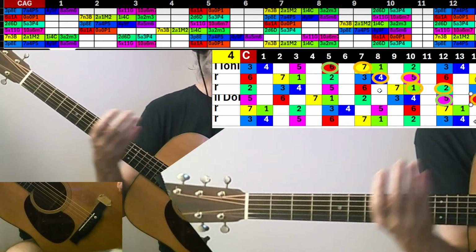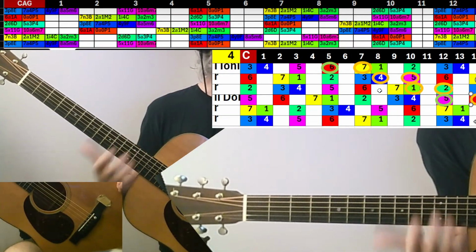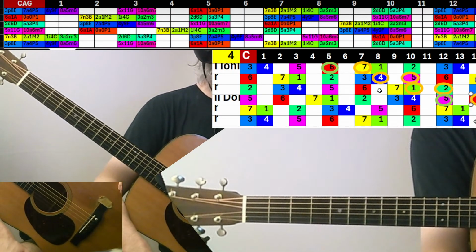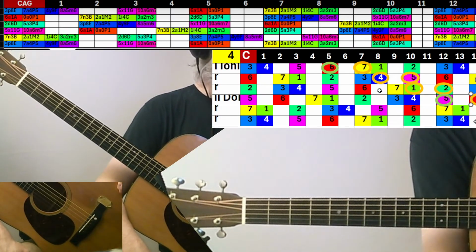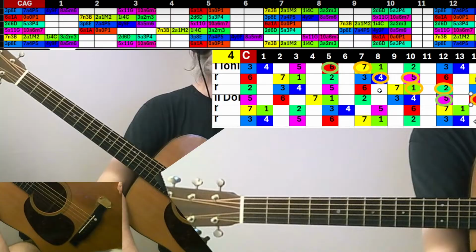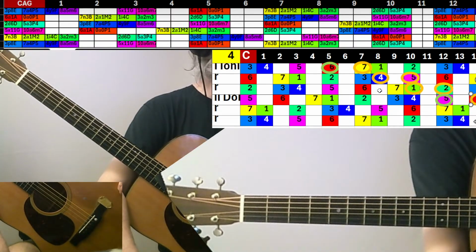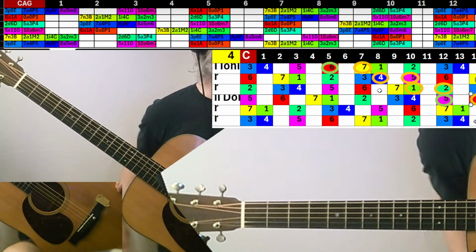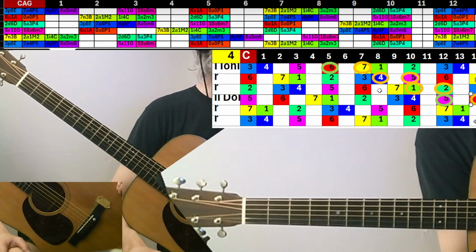Second modal half step to a fourth modal half step, second modal half step to a fourth modal half step. So that would be first modal half step to a fourth modal half step. So I'm walking in terms of fifth modal half steps, which are the 4th scale degrees. If you combine those 2 steps together, that's actually walking